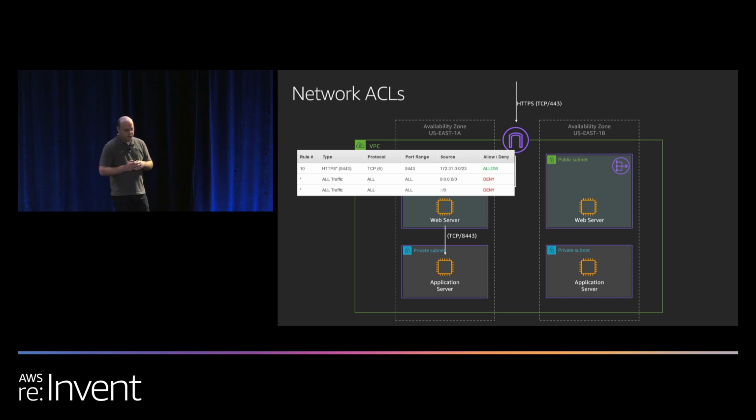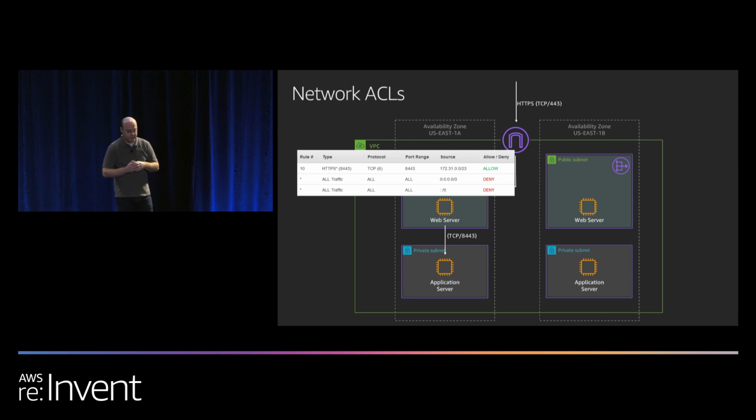So traffic targeting port 8443 from a source site range that defines the public subnet range. This is what Steve was talking about before in terms of being able to define in a singular site range the block of IP addresses that were in the public subnet. That is allowed. Okay, so the traffic can make its way from the web server, its source port of 6000,